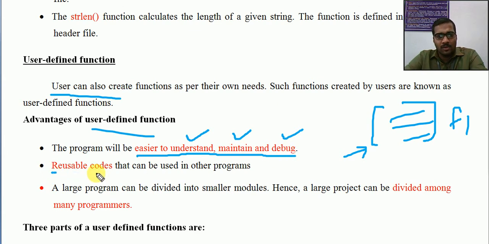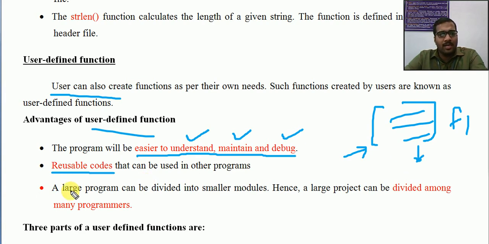Then the codes can be reusable. These advantages are actually taken from normal modular programming itself. So we have reusable codes. If I write this f1 for finding sum, the same code can be reused. It can be used within the same program, or it can be shared with others. Once it is written, it can be accessed by other parts of the program, or in some situations given to the outside of our program also.